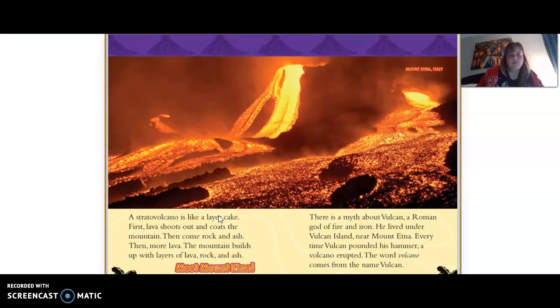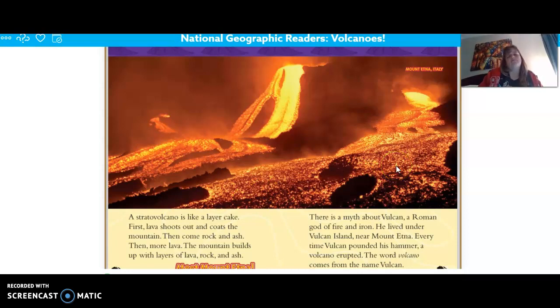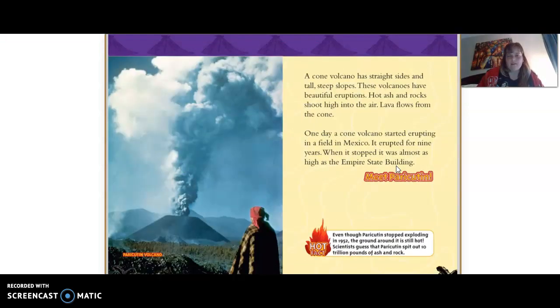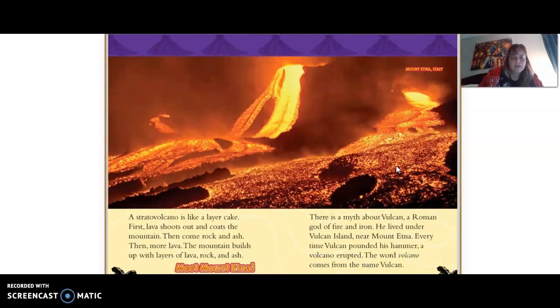Okay, so let me go to now. Before I start filling in my organizer, I need to read about the other volcano. A stratovolcano is like a layer cake. First, lava shoots out. That kind of reminds me of the other one. Oh no, this one, hot ash and rocks shoot high in the air. The lava flows from the cone. So in this one, the lava shoots out and coats the mountain. Then come rock and ash, then more lava. The mountain builds up with layers of rock,